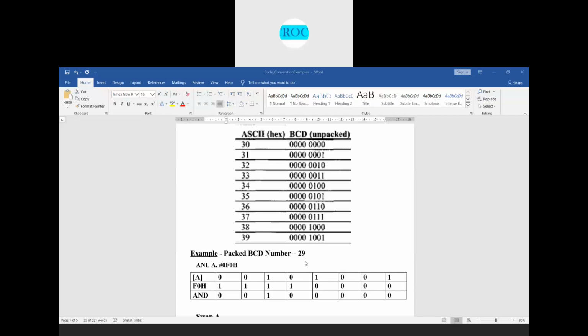The packed BCD number will be converted to unpacked BCD numbers, and to each unpacked BCD number we add 30, so that we get the equivalent ASCII code. This is the logic of converting BCD numbers to ASCII here.